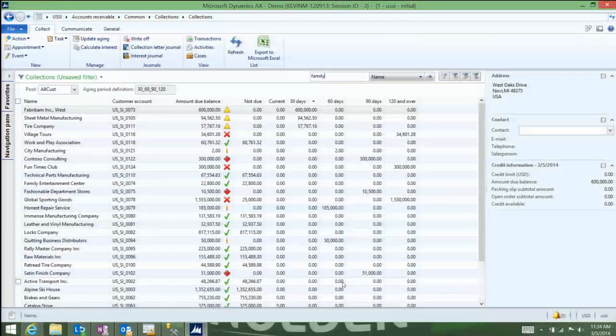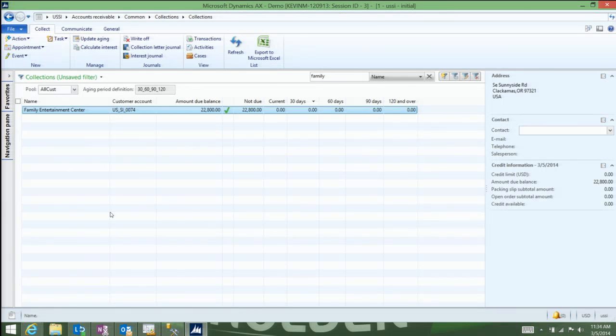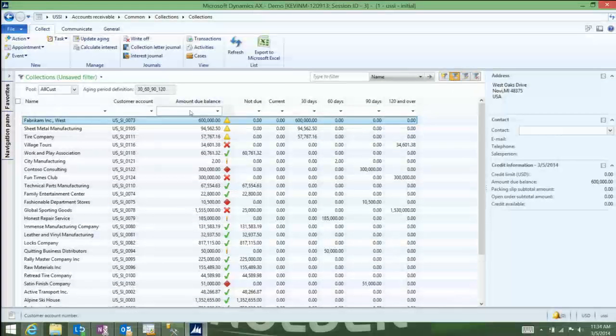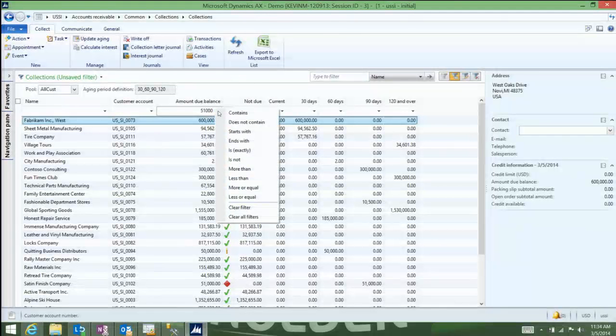So if I wanted to filter, say, on family, when I do that, it will pull back Family Entertainment Center. I can also select to filter yet another way, and that's going to be to filter by grid. So let's say that I'm talking to a customer on the phone, and they happen to say, I've got a $51,000 balance that's due, and I'd like you to pull up some more information on that. I could go ahead and enter in $51,000 in the amount due column.